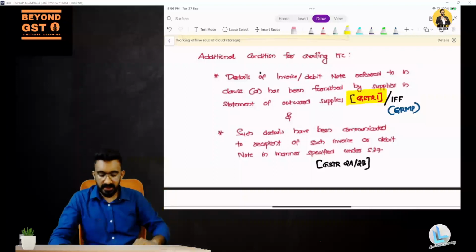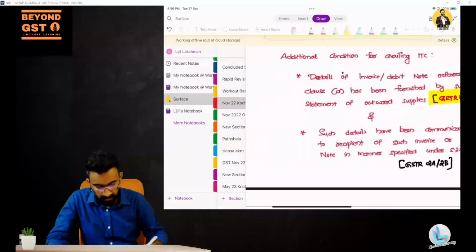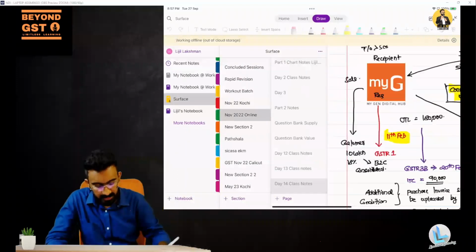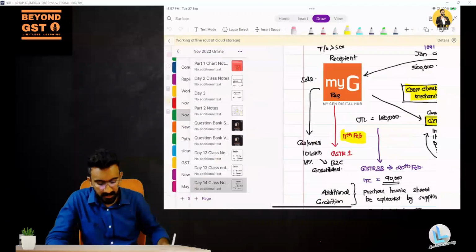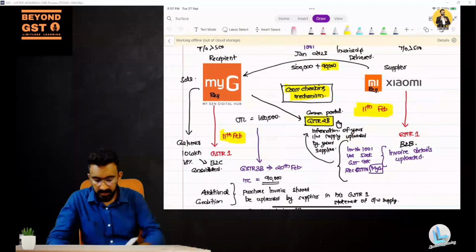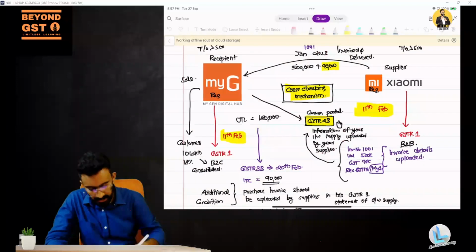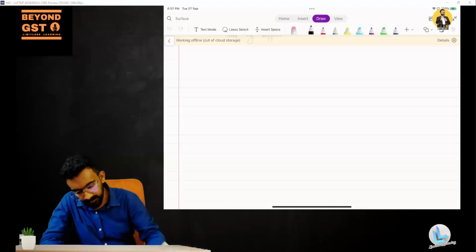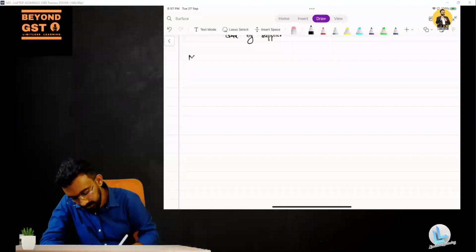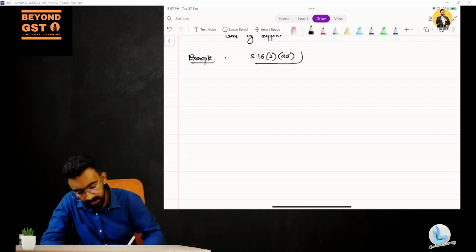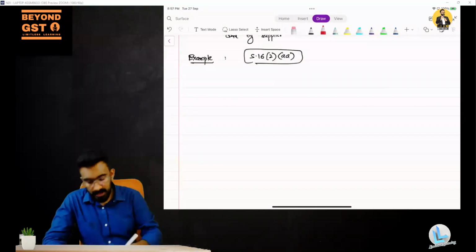Now let's look at an example question to get how this will be reflected in your examination. Okay. They'll say, so which is the section you should refer here? You should write section number 16, subsection 2, clause AA. And say that, say Mr. Ram